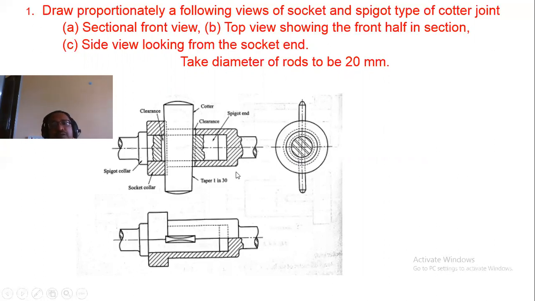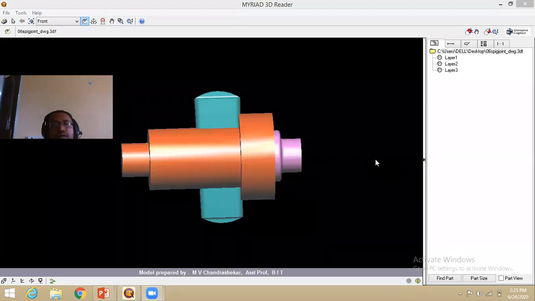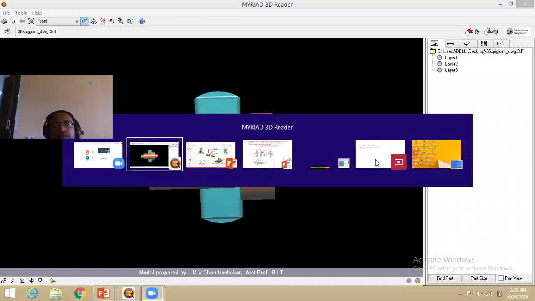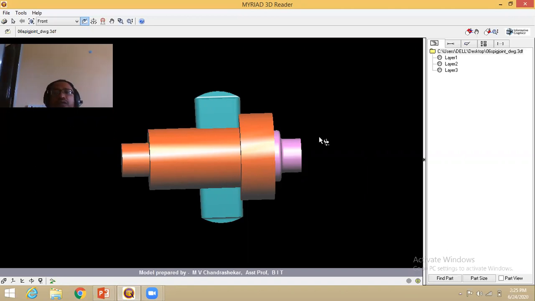All the values you should remember in terms of diameter and use them to draw the orthographic projection. If you know how each part is, then remembering in terms of diameter is very easy. So this is the assembly of the spigot, socket, and cotter.